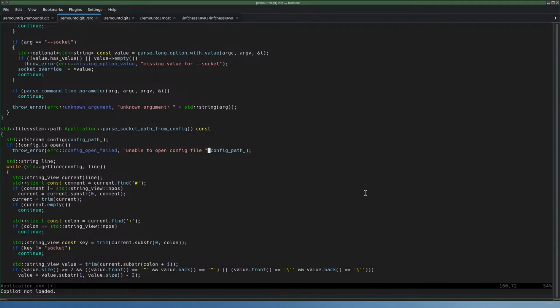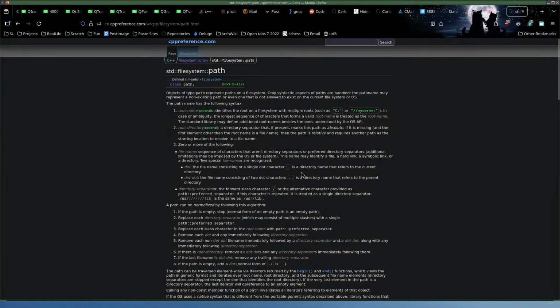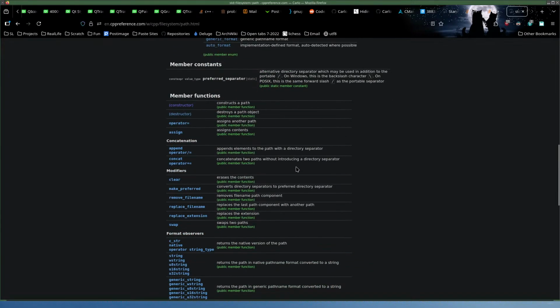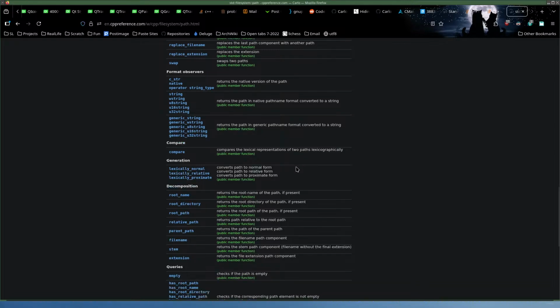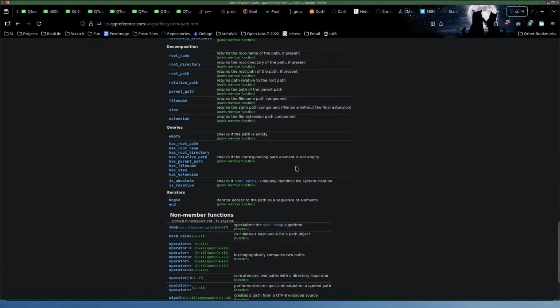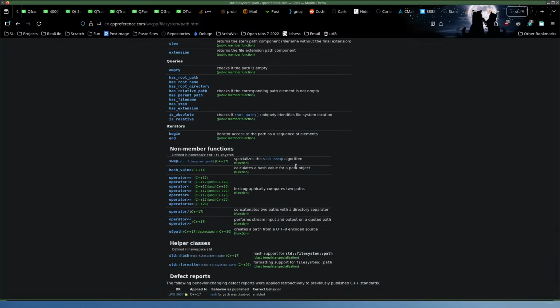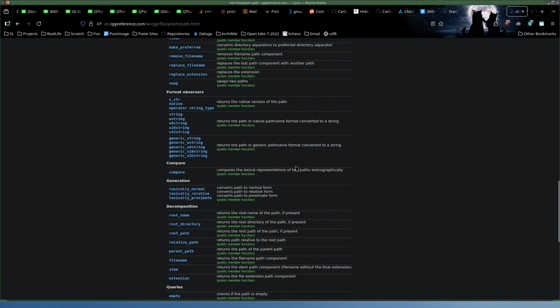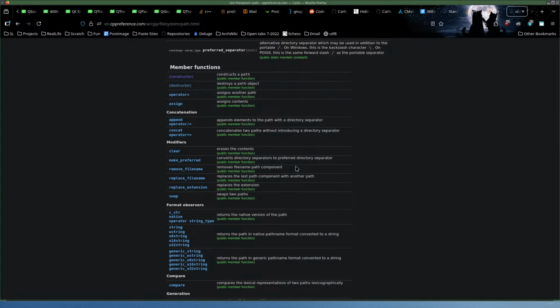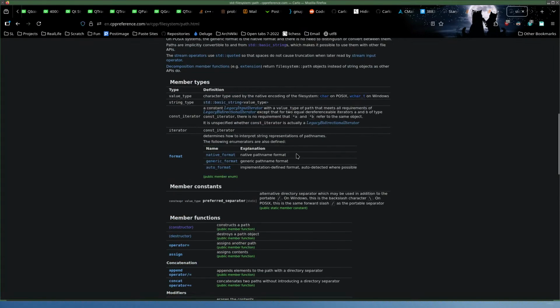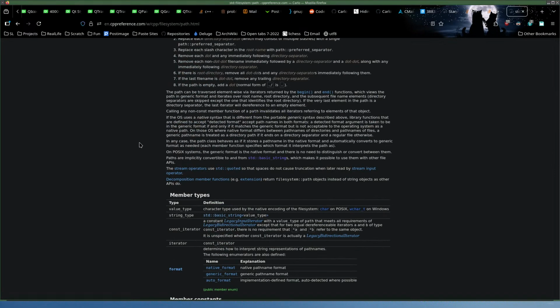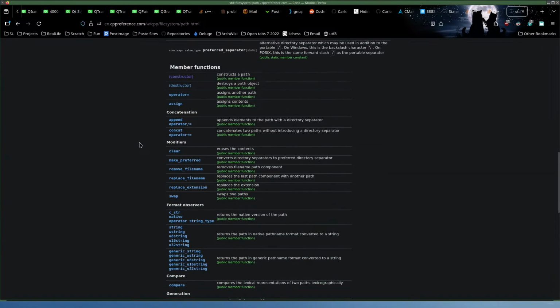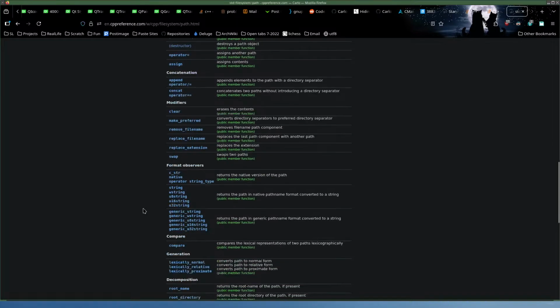How do you get a native string from a path? It's a standard string, right? Parent path, just native.